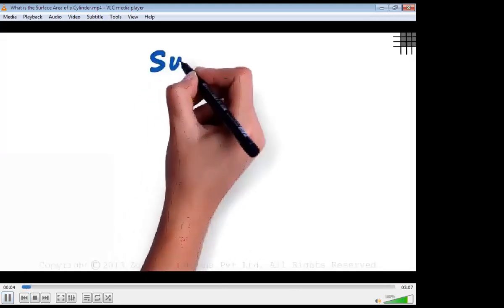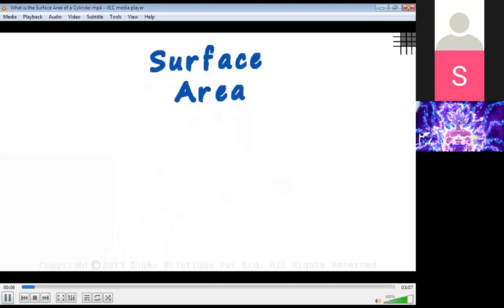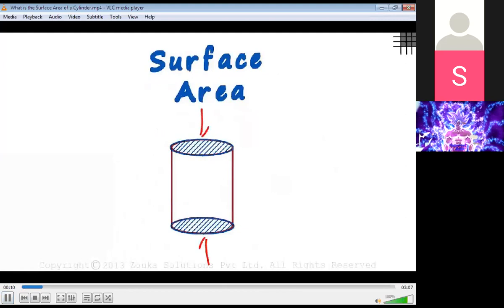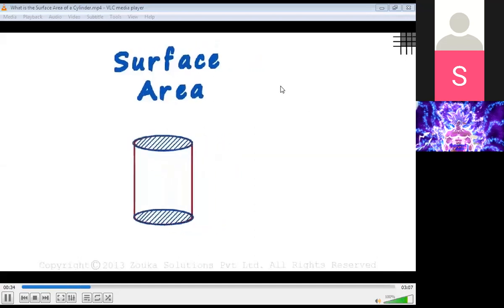Understanding how the surface area of a cylinder is derived is very interesting. Look at this cylinder. It has two blue circular ends, one on top and one at the bottom. Analyze the figure. As we know the area of a circle, we can easily find the surface area of the top and the bottom circular ends. But the important question is, how do we find the surface area of this curved surface? Let's zoom out a bit.